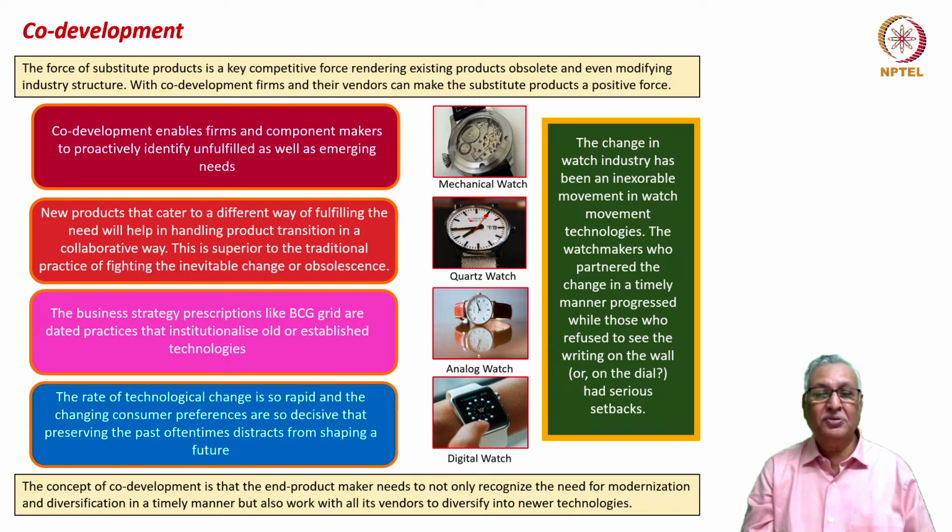Traditional techniques such as BCG matrix or BCG grid are dated practices. They expect products to be in the 4 grids of dogs, question mark, cash cows, etc. But these are not approaches wherein products have to be necessarily filled into different such grids. It is ideal if every product is made into a product which is positive in terms of cash generation, positive in terms of technological change. That happens only when every firm understands the power of collaboration and brings in new technologies, and when that happens as part of the total value chain collaboration amongst various entities.